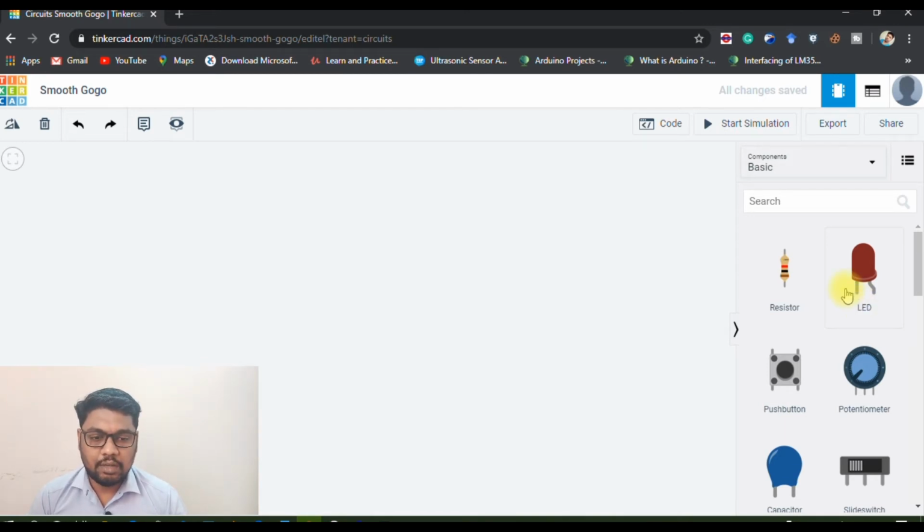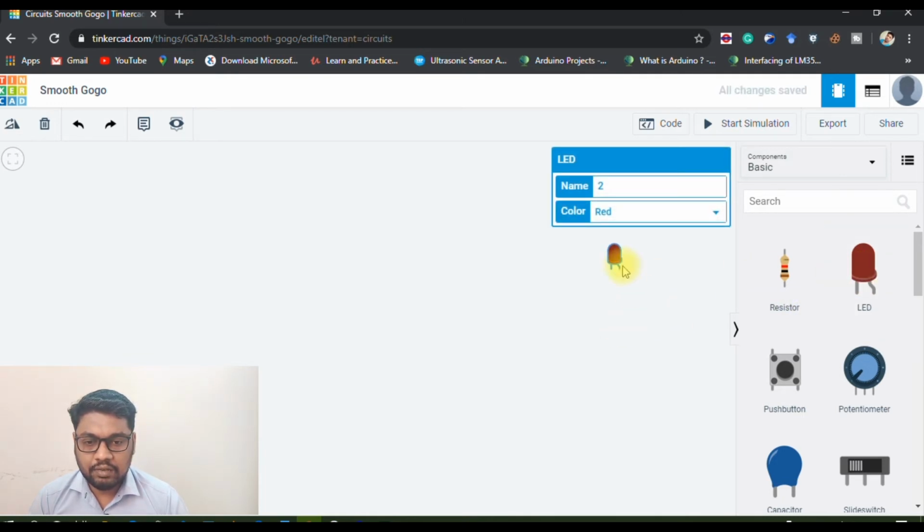So basically, first I'm going to create a simple circuit. For that, I need to choose the required components from the right side of the components features and drag and drop them to the middle of this dashboard. This is the designing dashboard available, right? So I need an LED, right? So the LED I drag and drop here.